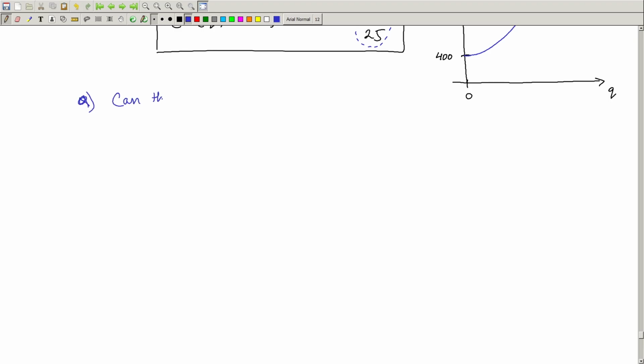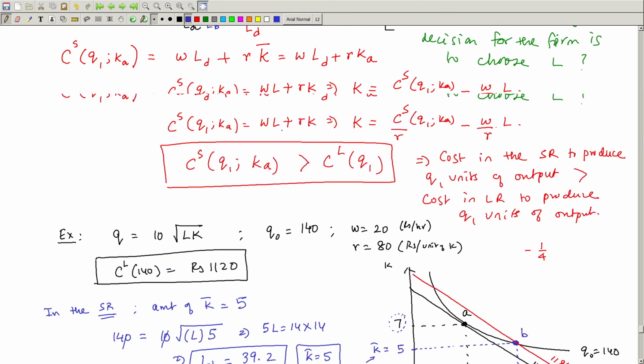can the short run cost and the long run cost be equal? Now, we will answer this question. The short answer to this question is yes, they can be equal under certain specific conditions. But before we do that, I need to tell you how to draw cost curves. Now, we will get to cost curves, but to close this entire discussion, I want to also talk